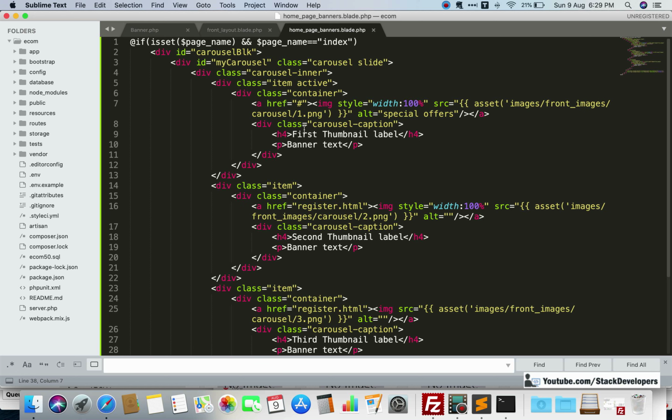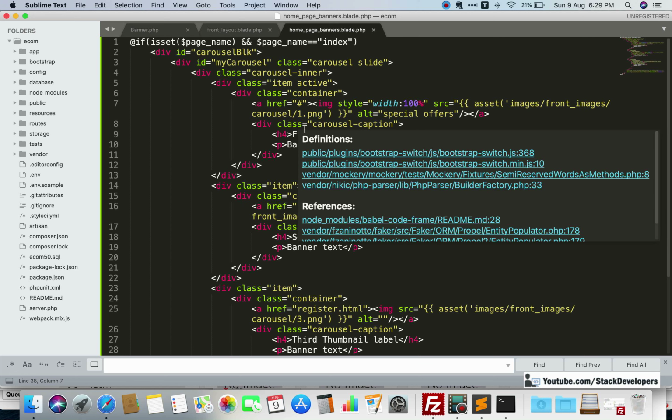So now our home page banners are in one common file. So every time you want to make some changes in the home page banner file, you can do this easily. You just need to open the home page banner file and you can make changes in that file only. It's really useful that you can make a separate file for all the functionalities.